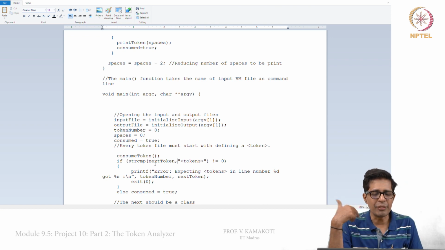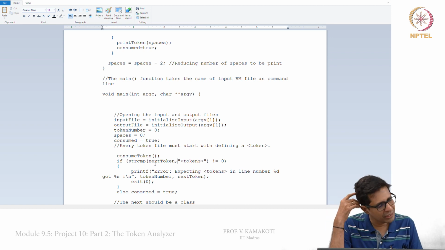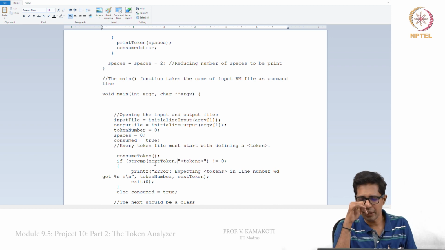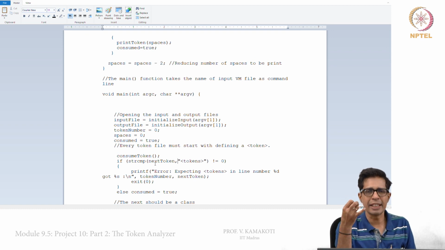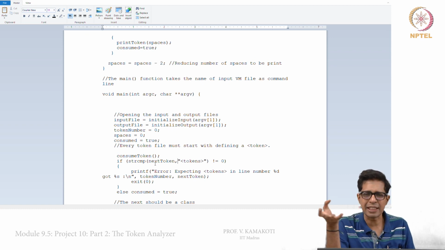So, you keep reading from this file. Different subroutines will be reading from this token, so it is better that we have the input file, output file, the token, everything as global variables, so that any routine can start reading from it. So, we have 2 variables, one is called next token, another is called consumed. Consumed is a boolean variable, next token is a string. So, the next token will